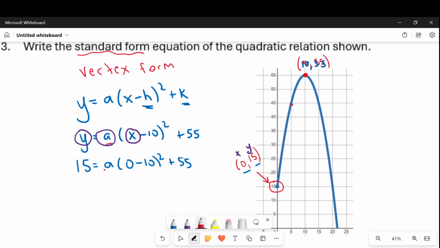So here I have a times whatever this bracket squared is, and then on the end I'm adding 55. So I'm going to subtract 55. So 15 minus 55 is negative 40. And then I'm going to do this calculation. 0 subtract 10 is negative 10, and negative 10 squared is 100. So I have negative 40 equals a times 100. So I need to divide by 100 so that I can isolate a. And I would get negative 4 over 10,